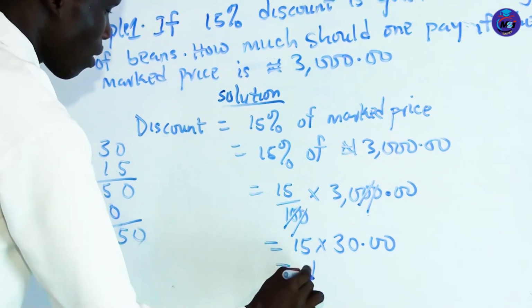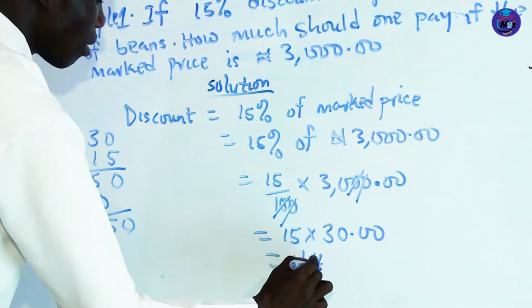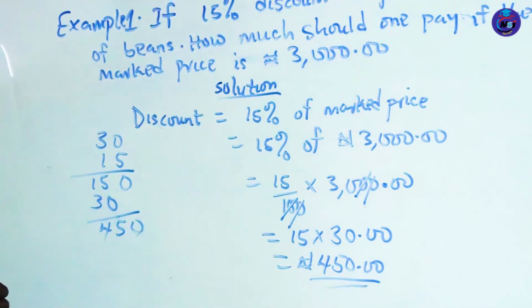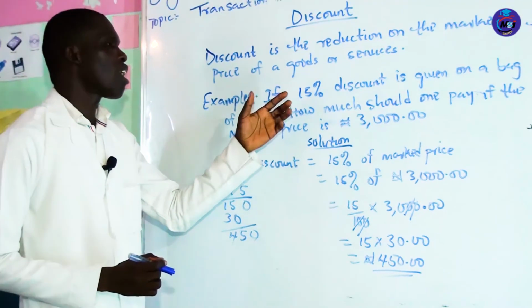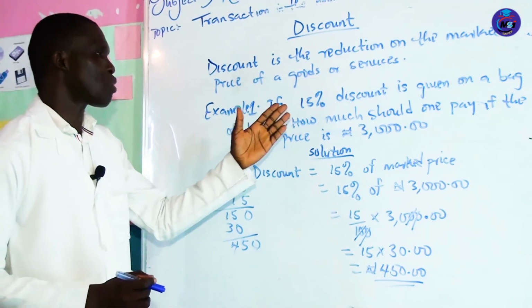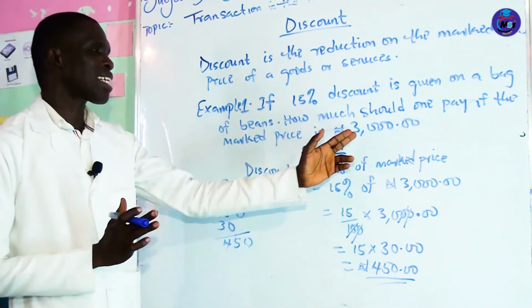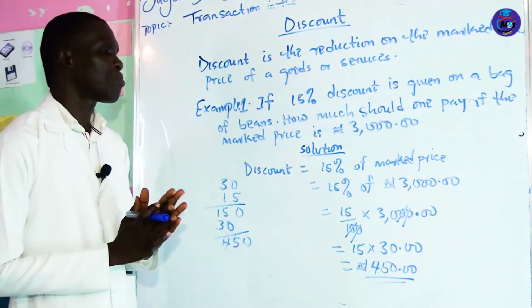We have 450 naira. So that means if discount of 15% is given on a bag of beans that costs 3,000 naira,